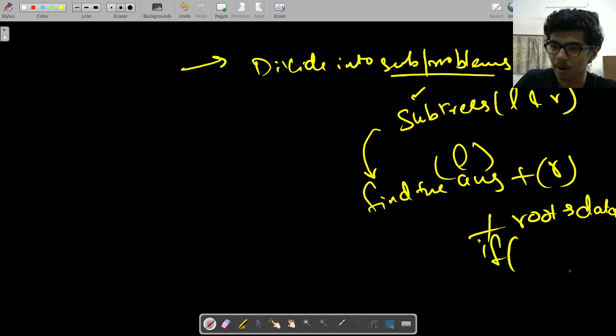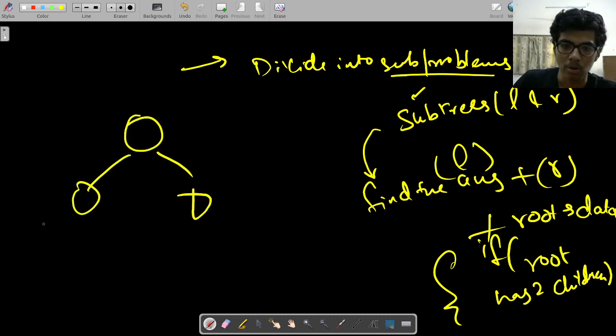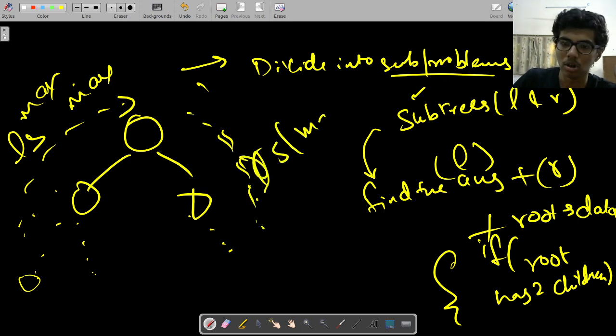If root has 2 children, it will give us the answer. Otherwise, if it does not have two children, for example, if it has 2 children, okay, so at some point we will be getting a left subtree leaf and a right subtree leaf with the maximum value. Okay, so for this I will be having this. This is the left subtree sum maximum. It is maximum. Okay, and from here to here we have a right subtree sum, which is also maximum.